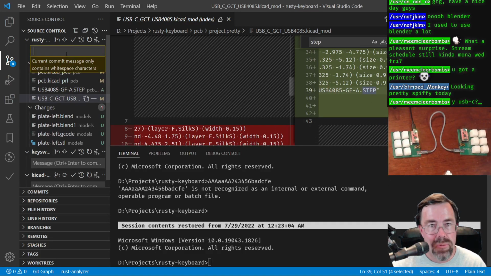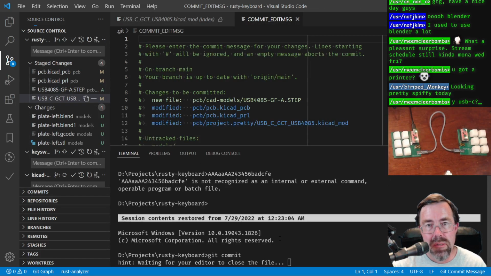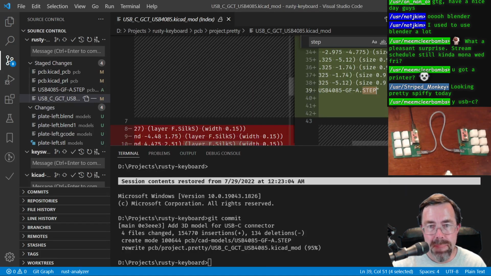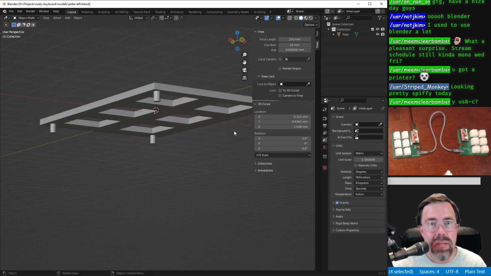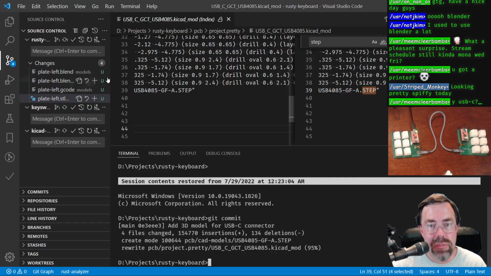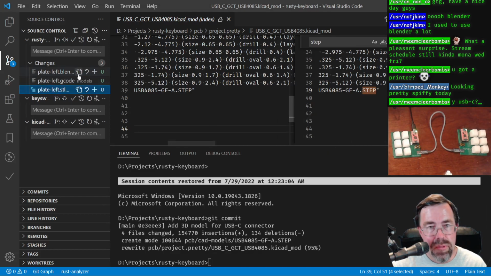All right, so git commit, add 3D model for USB-C connector. All right, I want to find out why I have a blend and a blend 1 file. This is plate left blend. Why do I have a blend 1? Is that like a backup? Let's just delete it. I don't need a blend 1. So blend,